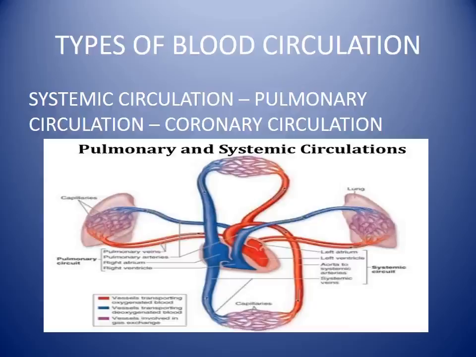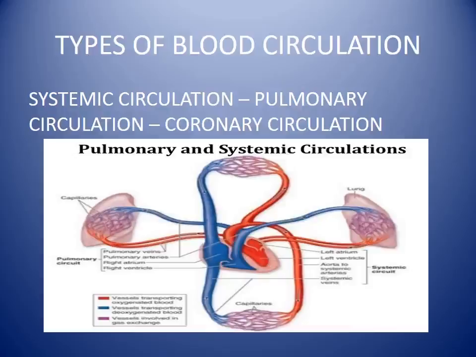Already we studied auricles and ventricles, four chambers: two auricles up, two ventricles down. Like that, four chambers in the heart. Now the oxygenated blood starts from the left ventricle. See the left ventricle. Everybody see the picture. Where is the left ventricle? That oxygenated blood will start, go to all parts of the body, and deoxygenated blood returns to the right atrium.